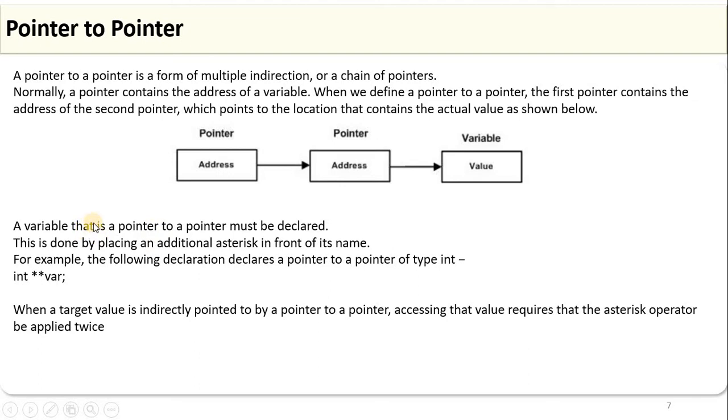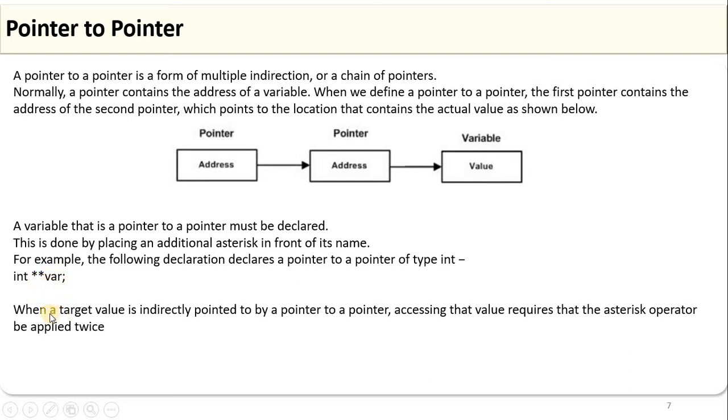Even this pointer to a pointer has to be declared in the program, right? This is done by having an additional asterisk, that is star, in front of its name. If you just declare a pointer, it will be int *var. But if you want a pointer to a pointer, then you have to put an additional asterisk in front of the variable name, that is int **var.